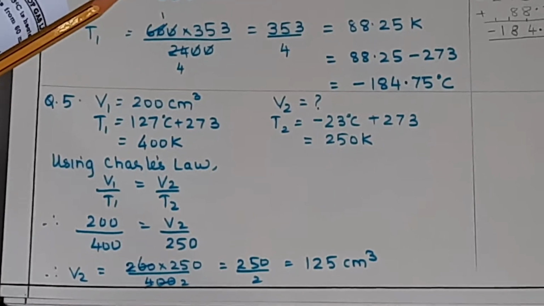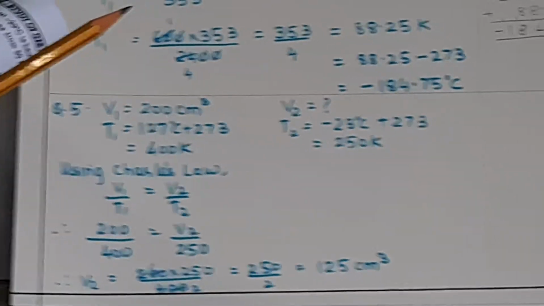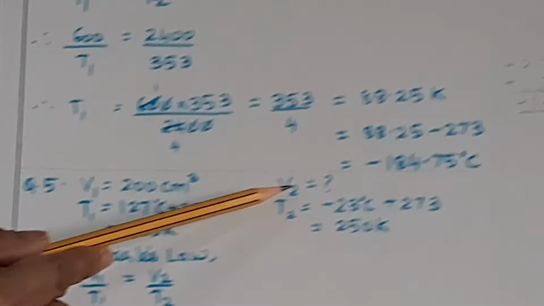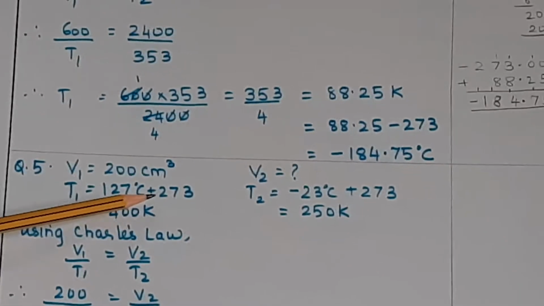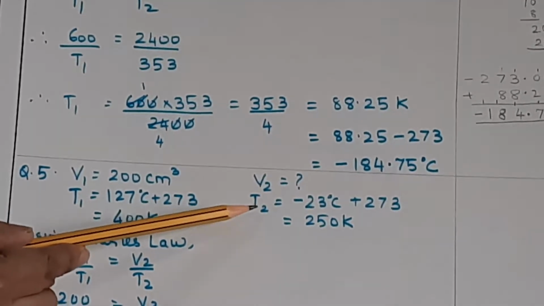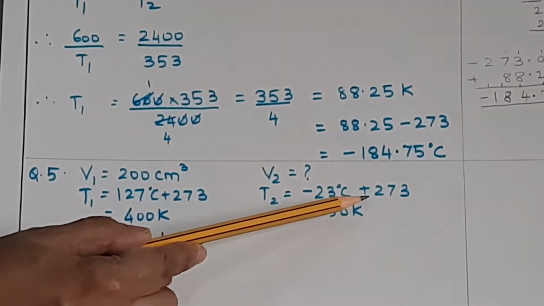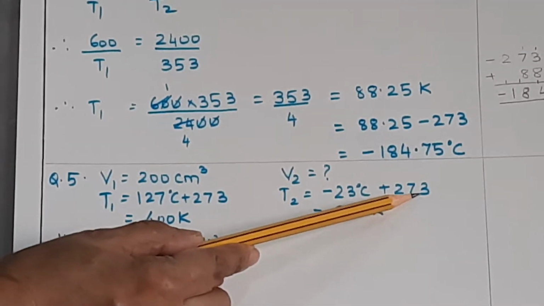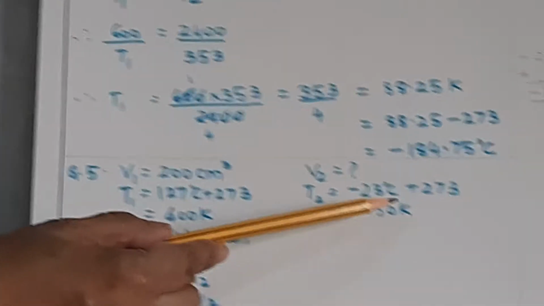It's the same pressure, so it is at constant pressure only. Okay, so you have to use Charles law only. Purposely they are trying to confuse you. So now initial volume is 200, final volume we don't know. Initial temperature is 127 degrees Celsius, so you are adding 273, that will come to 400 K. Now final temperature is minus 23 degrees Celsius. So to that also you will add 273 and then it will come to 250. Okay, so you have to be careful when you are solving this.